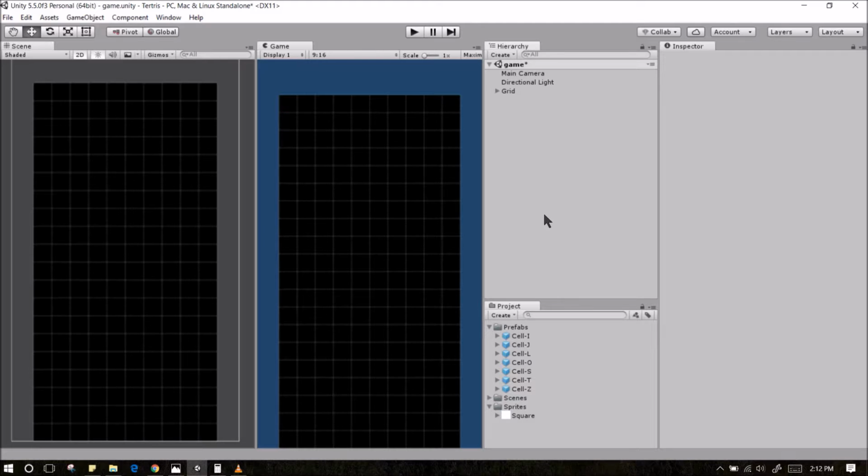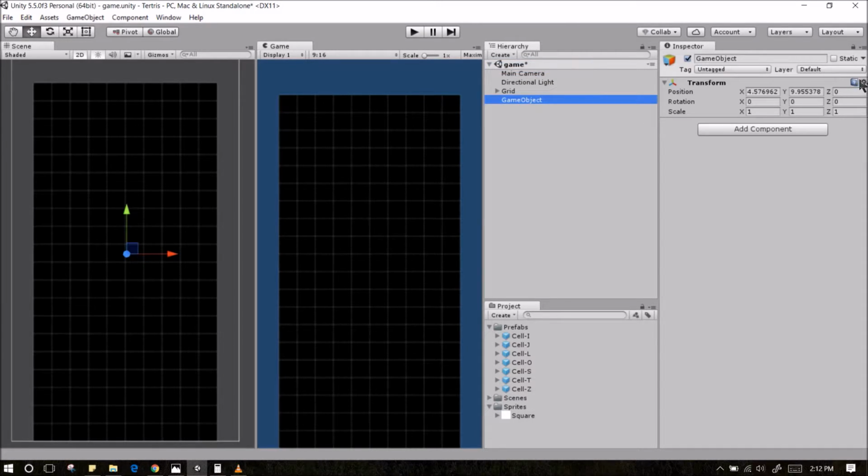So here begins the fun part. We are going to create the prefabs for all the blocks. I'm going to start off by creating this block O because that's the easiest one. So I just created an empty game object. I reset its transform, rename it to block O,